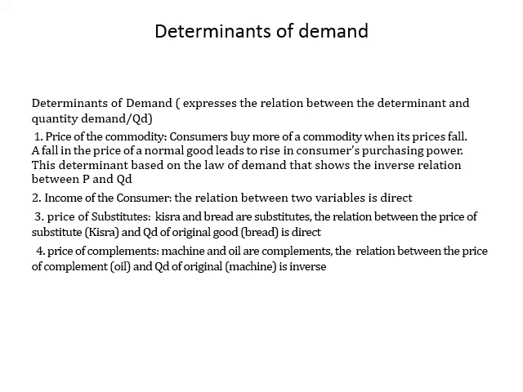Low income, low quantity demanded. There is a direct relation between income and quantity demanded. هنالك علاقة طردية، direct، طردية، بين الدخل والكمية المطلوبة. If we would like to express the relation between income and quantity demanded graphically,